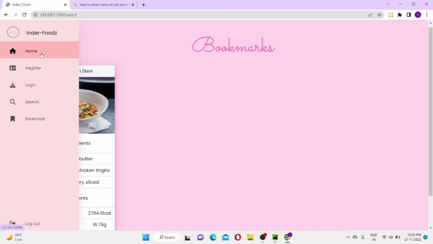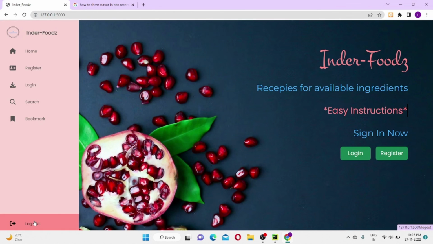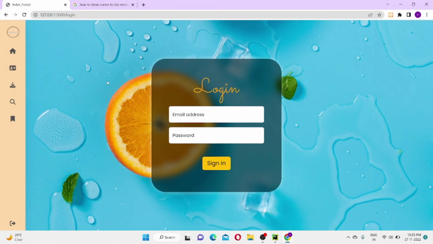That's how my application works and looks. I can also log out. Log out. Yeah. So hopefully that was good, and you can share your valuable comments in the comment section